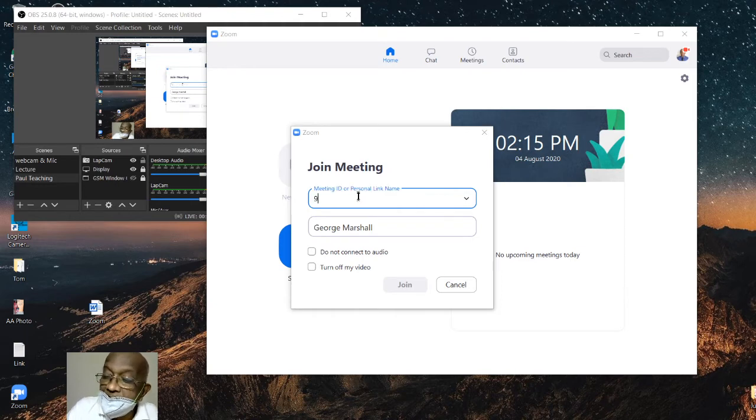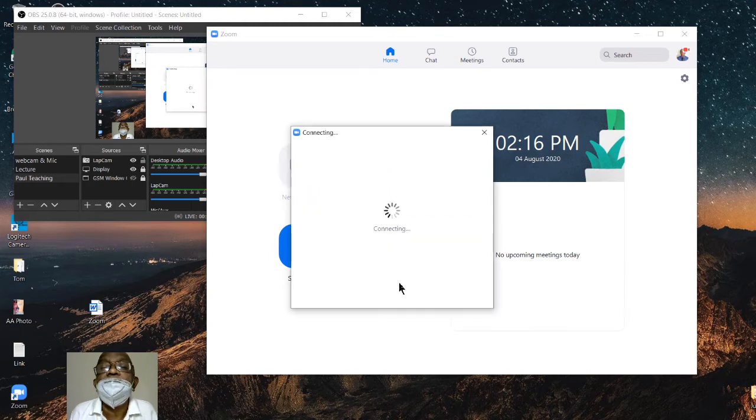So I do 945-5803. See how it separates on its own. I have not done it. 5378. So it will automatically take the space. You simply type. Because I have signed in, this George Marshall has come. Otherwise, it doesn't have to be done. Okay. Do not tick these two. There are two things. So now you have to say join.